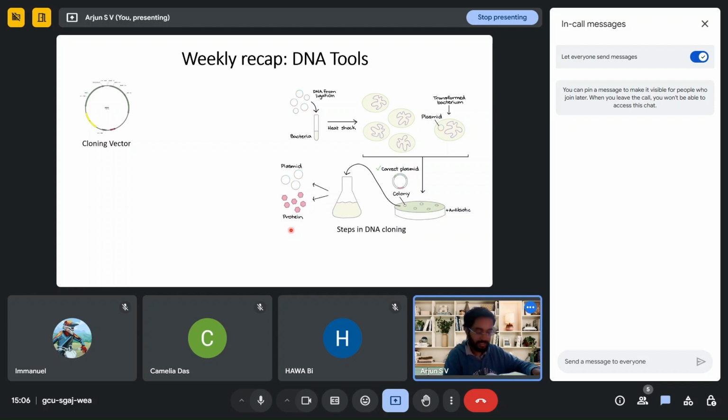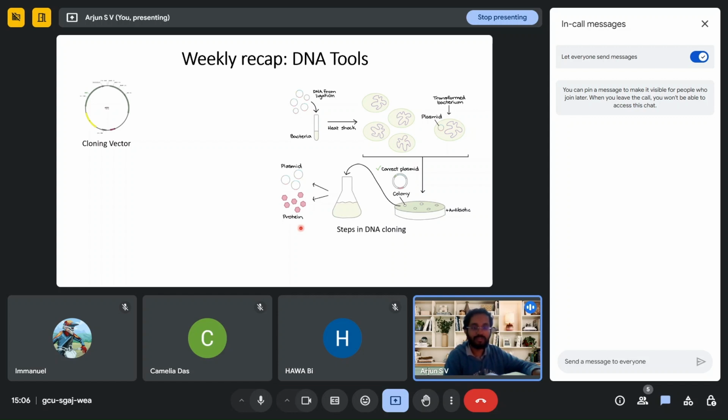DNA cloning. The first step would be cloning. The second step would be transformation, and the third step would be selection. So the cloning would be the process where we could see the formation of the recombinant DNA